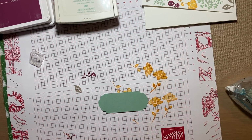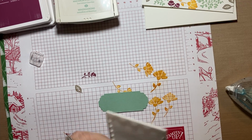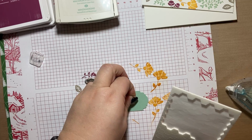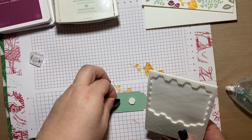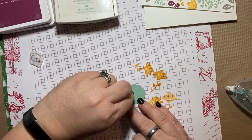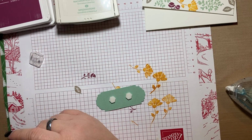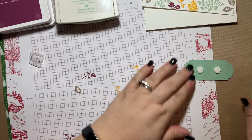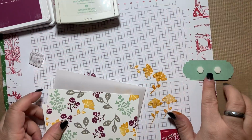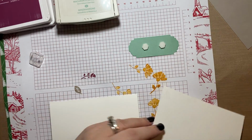I'm going to pop this up onto some dimensionals, and I'm going to try to keep the dimensionals more toward the center because we're going to add some pieces on the outside here. So here's my dimensionals. Now I'm going to put this piece together before I put this on. I'm going to go ahead and take this